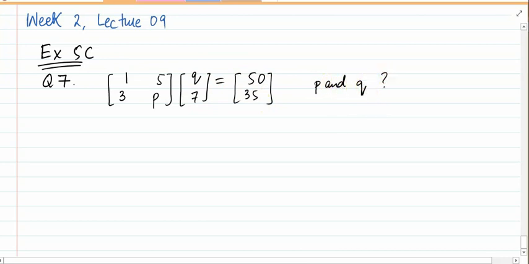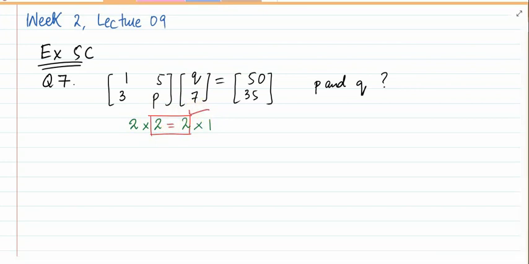Now that is your question, right? So first we pick the left side of the equation. There are two matrices, both are multiplying with each other. First step, we check whether multiplication is possible or not. The order of the first matrix is 2 rows and 2 columns. The order of the second, this [Q; 7] matrix, is 2 rows and 1 column. Now we can see that the condition is satisfied. That means multiplication is possible.